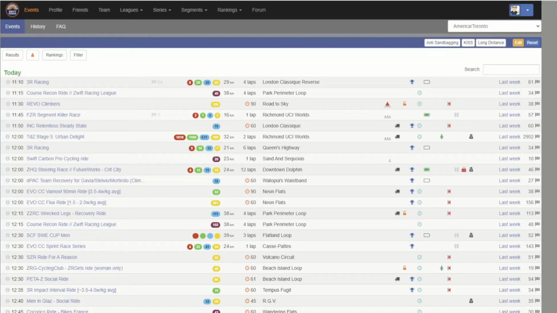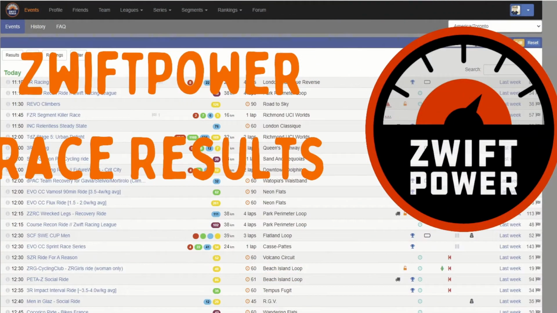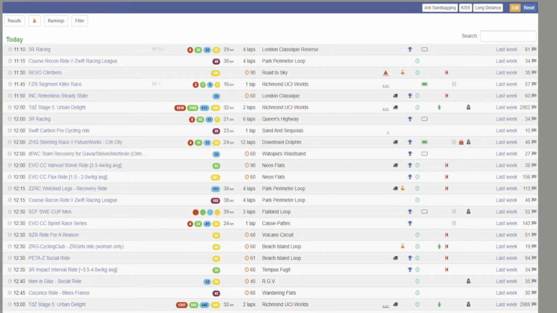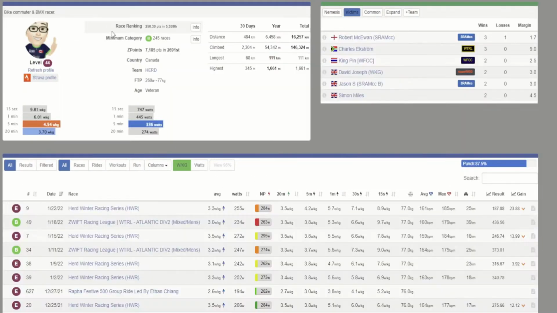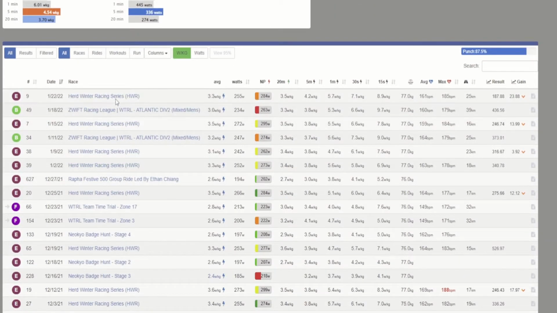Everybody always says that the real results are on ZwiftPower, but what's there for the ZwiftPower results? So we could look at any of these races and see the results, but we'll look at one of mine. This is always my first start for ZwiftPower, my profile page. So here, let's look at my most recent result,